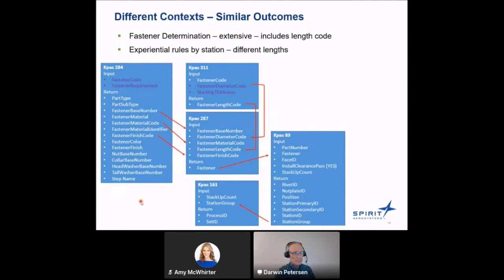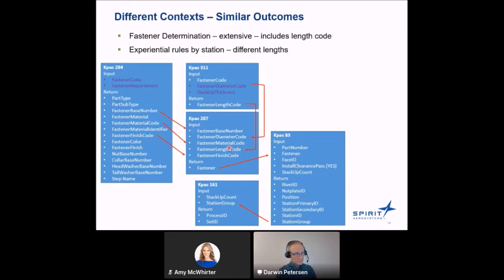In these automated manufacturing stations, part of the learning process along the way is differences within them, and differences in some of the standard parts necessitated that we take a different approach to calculating fastener length, which turns into a fastener code. That is part of reassembling an actual fastener number, which is necessary to determine if you can do the component in the station.